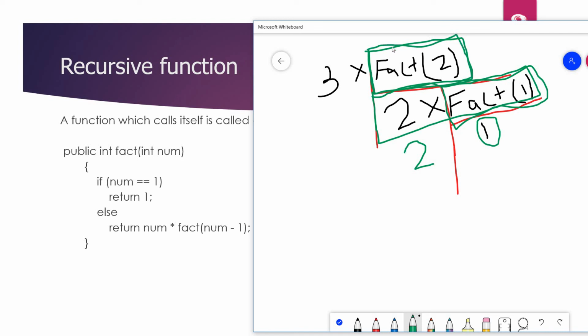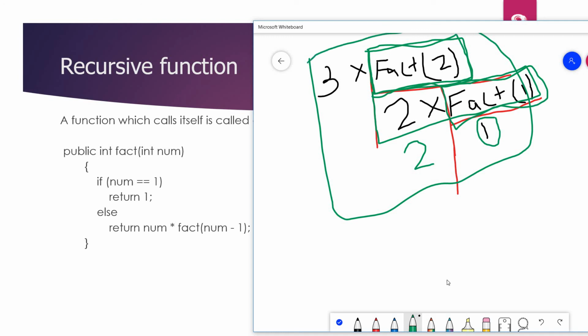Now as and when it receives information of this part, it will return this value, then it will execute the entire thing, which will result into 3 into 2, which is 6. So in that way you will be able to get the factorial using a recursive function.